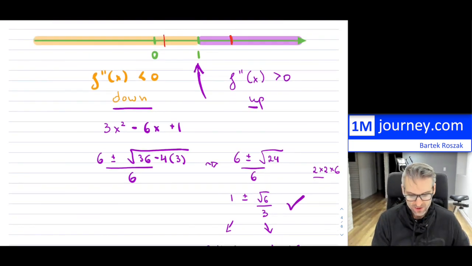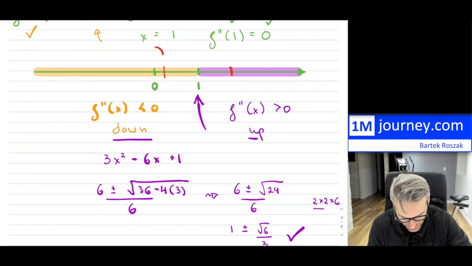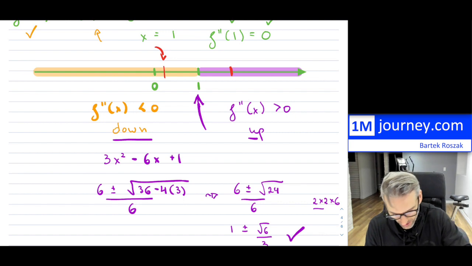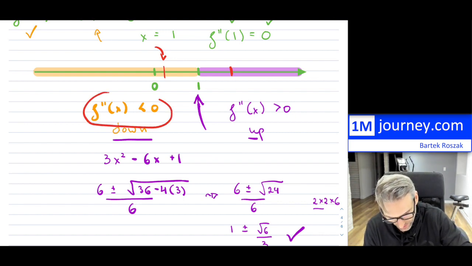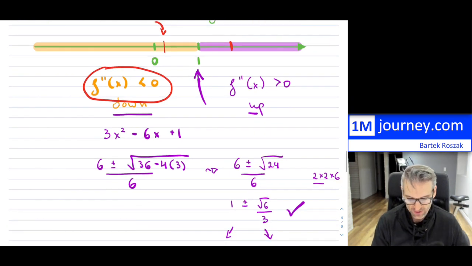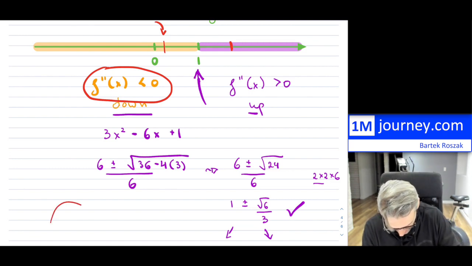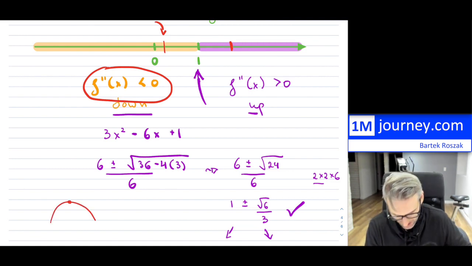At those two points, notice that this point lies on the left where the second derivative is less than 0. So what will that tell us? If it's less than 0, then it's concave down. So at that point it is some kind of a local